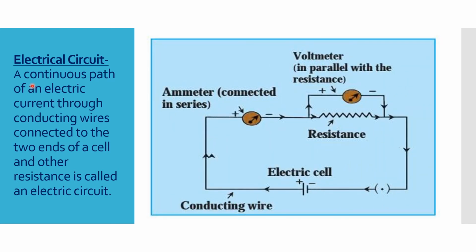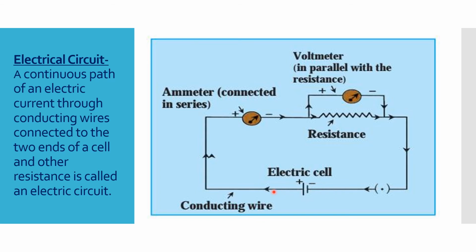Diagram of electric circuit. For this diagram, at first we can draw here the symbol of electric cell or battery, and here is the plug key. For open circuit, you can use the symbol for open plug key, and for closed circuit you can draw this symbol. Then conducting wires can be drawn like this. That is, you have to draw a rectangle here. This is the conducting wire.